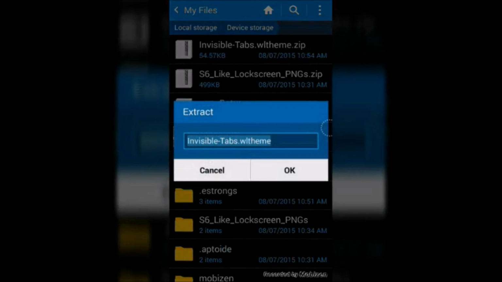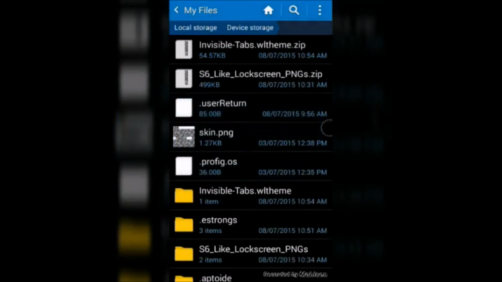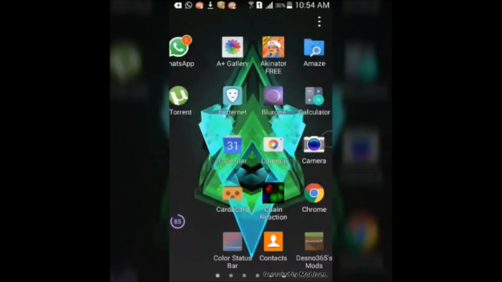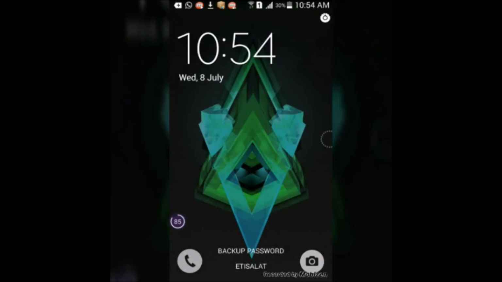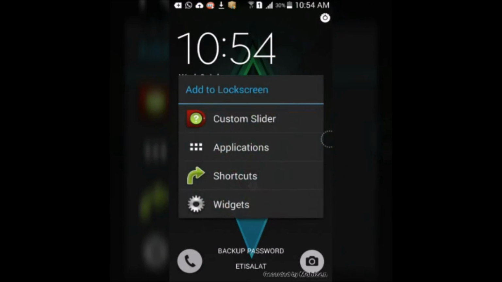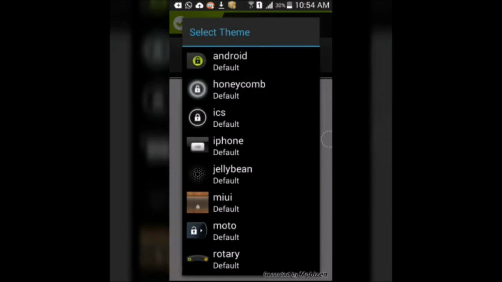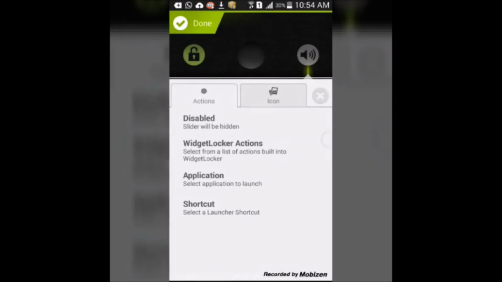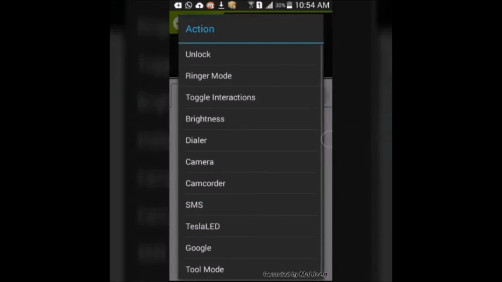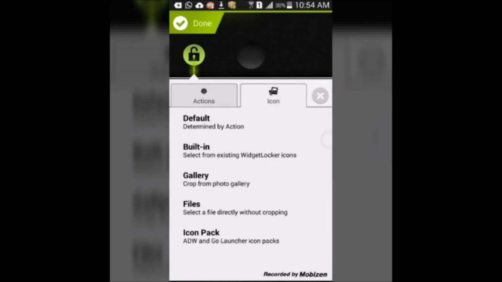So now we're going to extract the zip file and now we'll go back to widget locker. Now over here we are going to again click and add the custom slider. Of course, invisible tabs, you're going to disable one side. That depends upon you, or if you want you can enable it. So I'm just disabling it. Now what you have to do is pull this up and in widget locker actions, you have to click unlock. Now you have to click on icons, we click go to gallery,